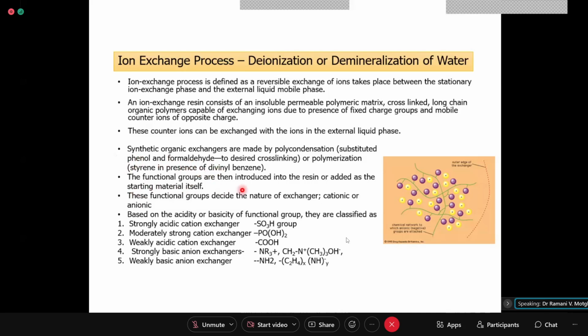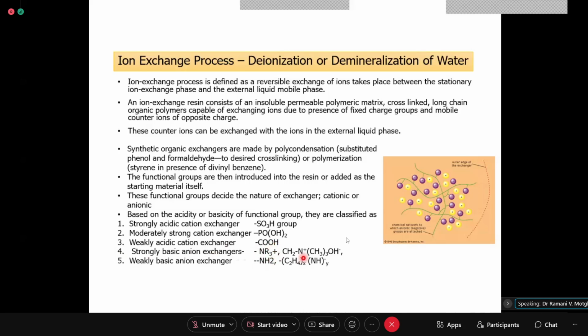Okay, so the functional groups are then introduced into the resin, and the functional groups can be introduced by treating it with acids and so on. Okay, now what are the types of resin? Strongly acidic cation exchanger resin, that is SO3H group, sulfonated polystyrene in hydrogen form. Okay, then moderately strong cation exchanger, PO3H2, weakly acidic cation exchanger, COOH, strongly basic anion exchanger are NR3